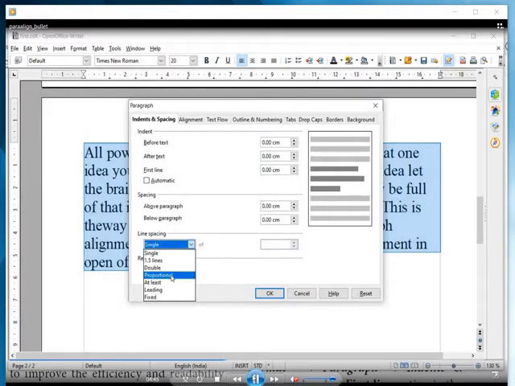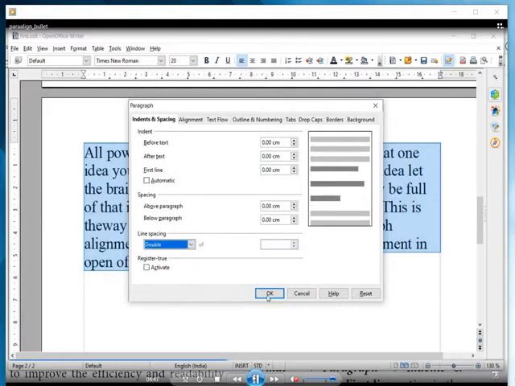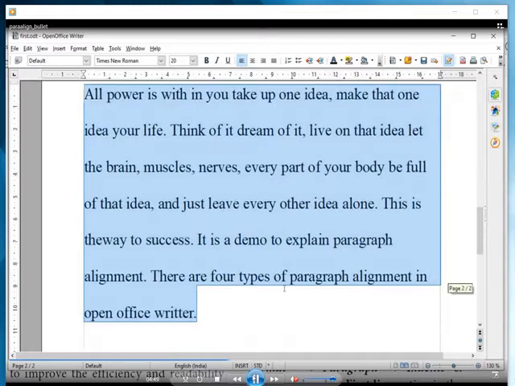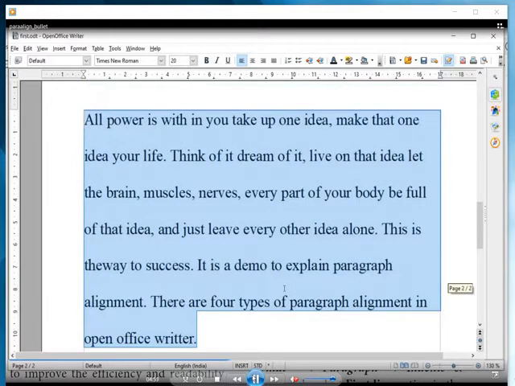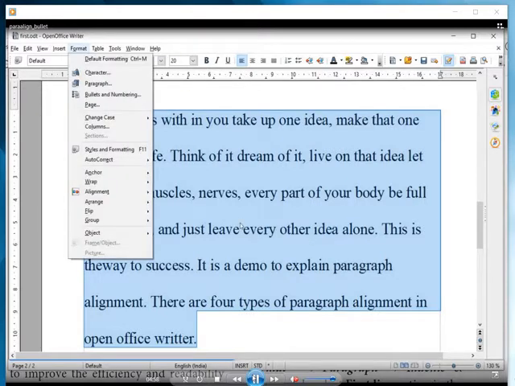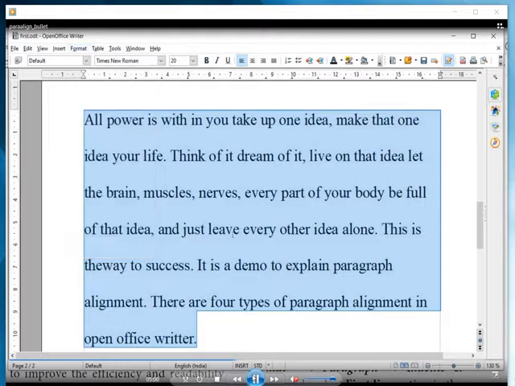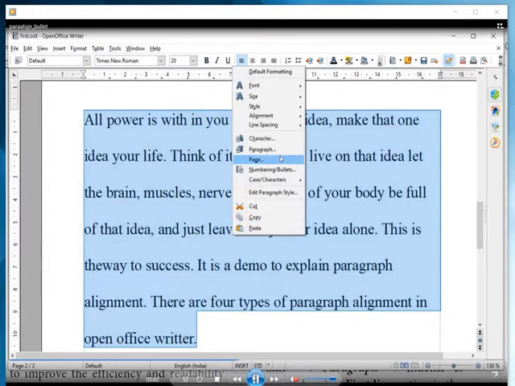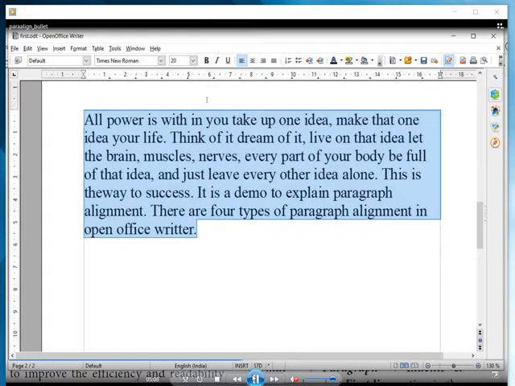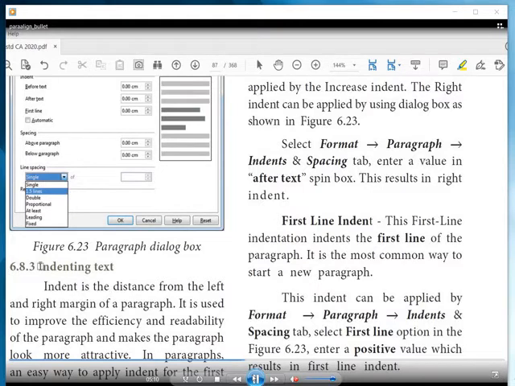Here you can see 7 types of line spacing. I am selecting double and clicking OK. Can you see the space between each line is double? The same thing can be applied by right clicking on the paragraph; there will be 3 options. From that also you can give the line spacing.